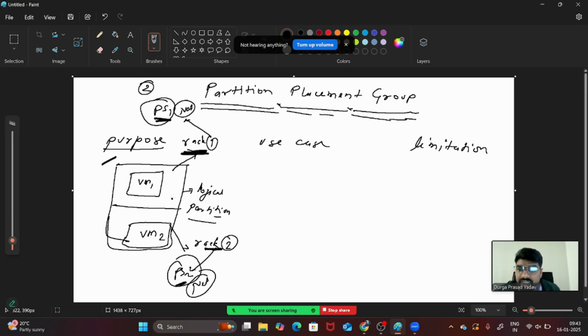If one power supply is not working, the other one is working, and accordingly we create a logical partition. So what is the purpose of the partition placement group? It is to create logical partitions across multiple racks, where all the racks have independent power supplies or different network sources. That is the purpose of using the partition placement group.